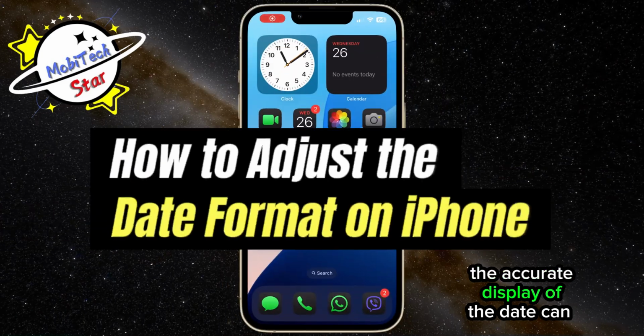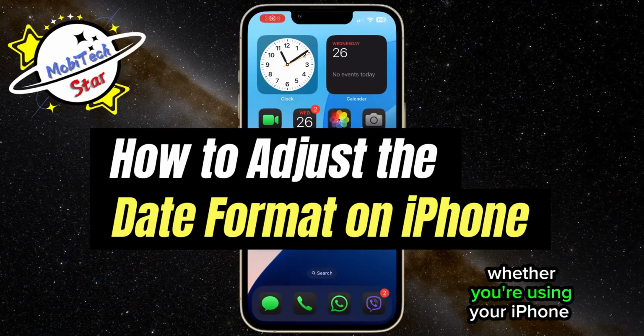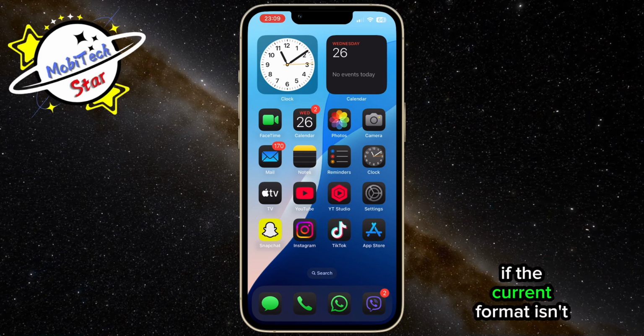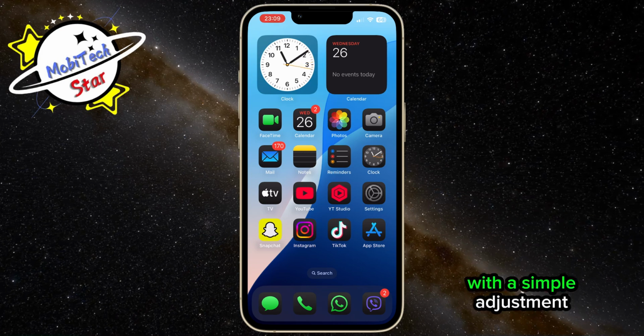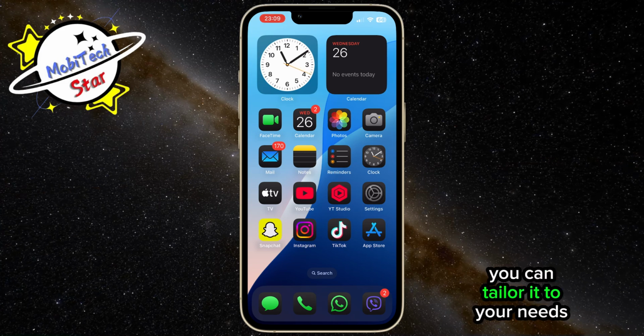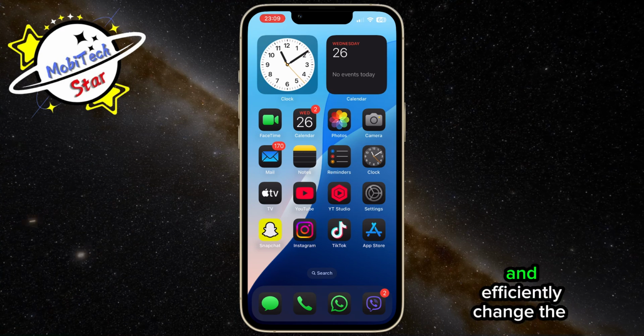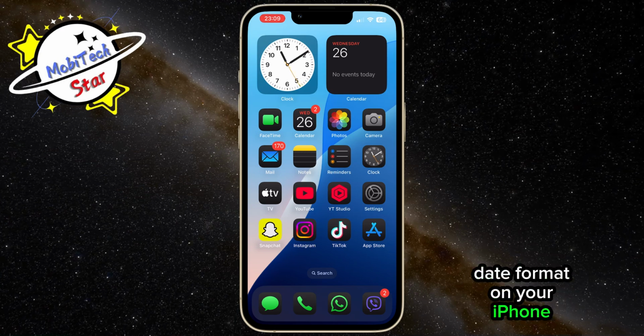The accurate display of the date can be crucial, whether you're using your iPhone for business tasks or daily activities. If the current format isn't intuitive for you, with a simple adjustment, you can tailor it to your needs. In this guide, I will show you how to quickly and efficiently change the date format on your iPhone, step